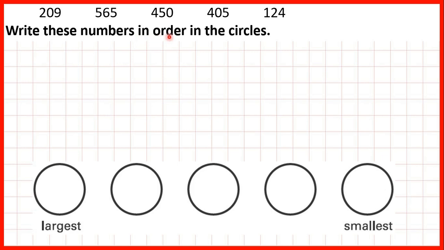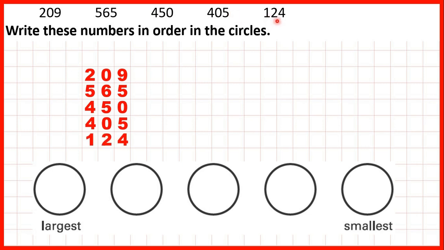Write these numbers in order in the circles. So we have 209, 565, 450, 405, and 124. And when we're comparing numbers, we start by comparing the digits in the largest place value. So here we start by comparing our hundreds digit. And we need to write the largest number first. Now we can see that the largest digit we have in the hundreds is a 5. So that's the number